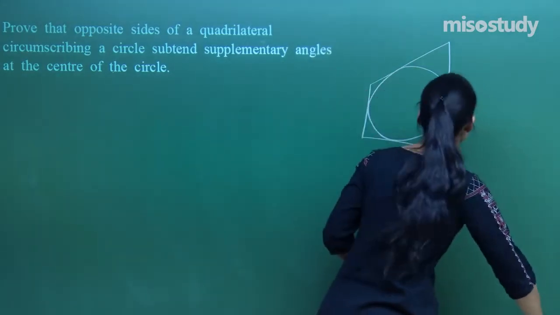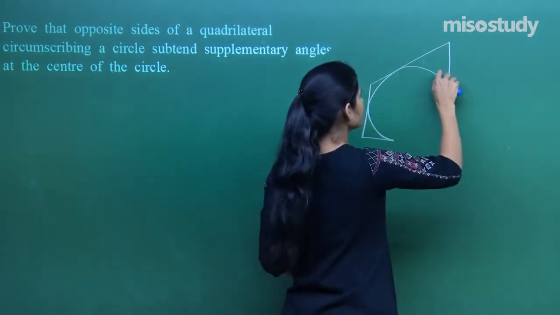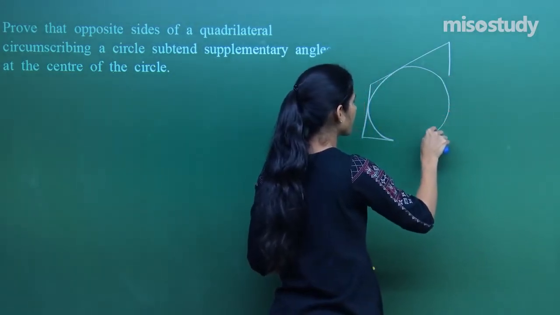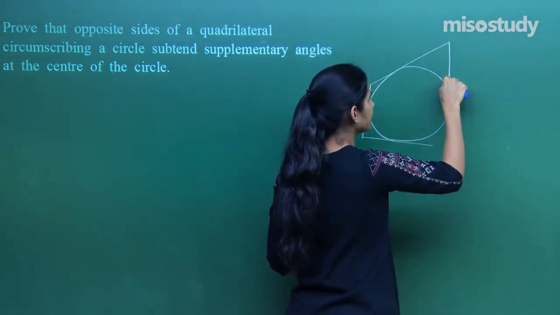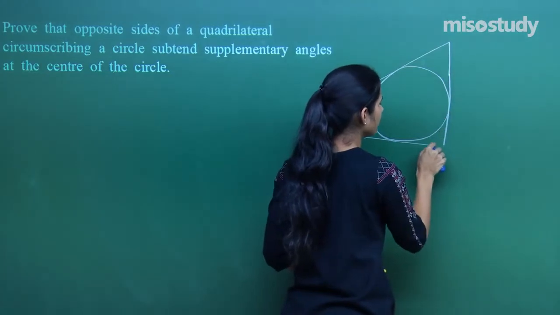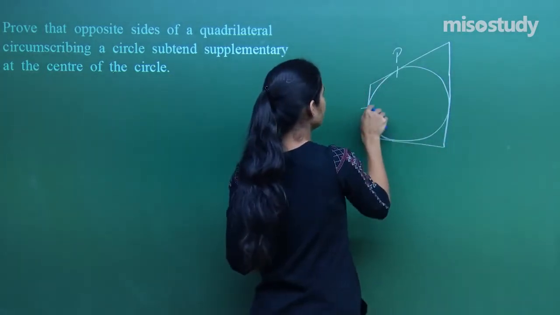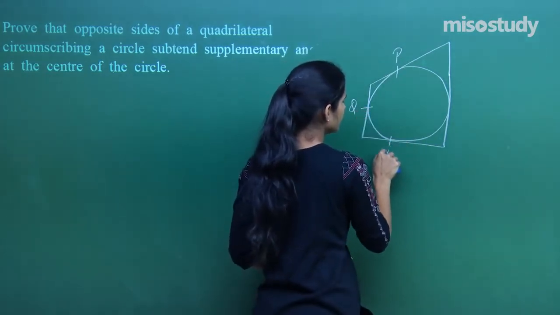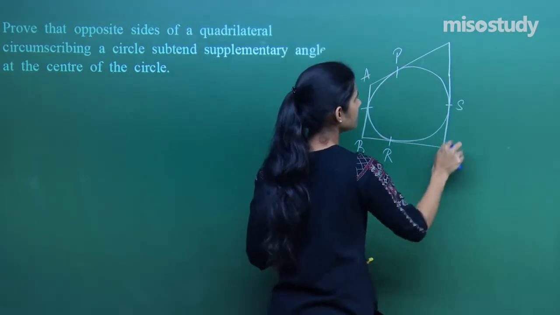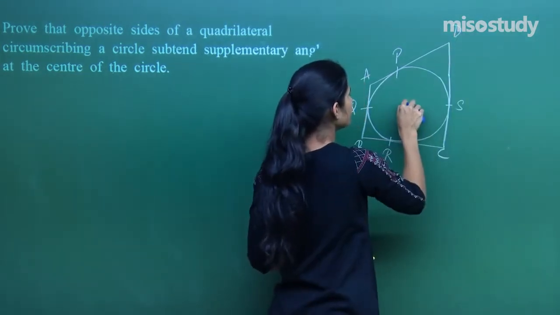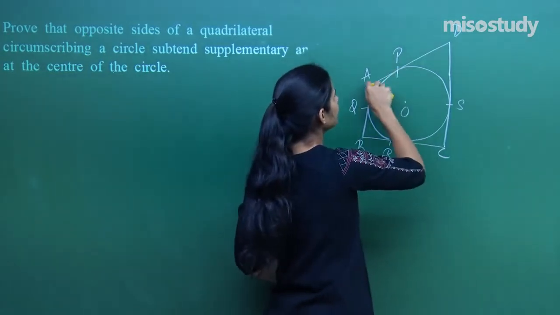So say this quadrilateral is actually circumscribing a circle. That means this quadrilateral is containing this circle. So say this is P, this is Q, this is R, this is S, this is A, B, C, D. First of all, if this is the center of the circle, you all know that AD is a